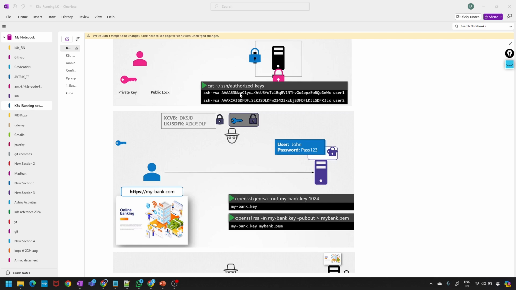When you need to connect to the server using SSH, you specify your private key location, and that's what gives you access. If you have the private key only, you will get access, otherwise no. If you have more servers, for example,